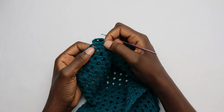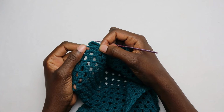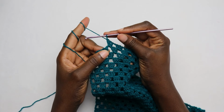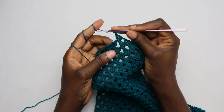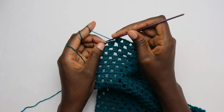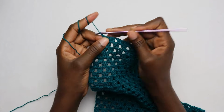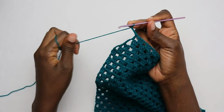So I'll meet you after working 3 double crochet in this space, then you'll have your last cluster and the chain 4 remaining. After working in that chain 1 space and then you have the last cluster remaining, you're going to chain 1, and then in the very last chain 4 skip the cluster, and in this chain 4 you're going to place only 1 double crochet. Then you're going to chain 4 and turn,